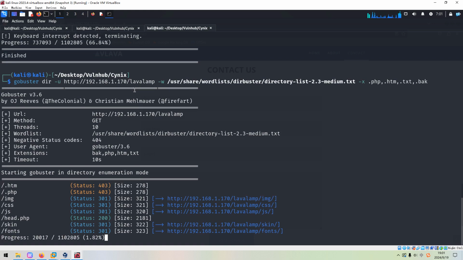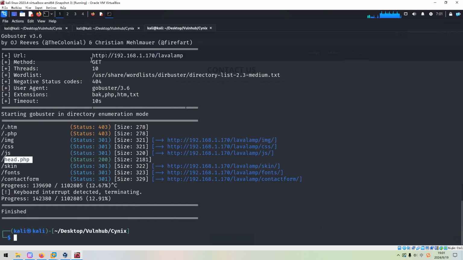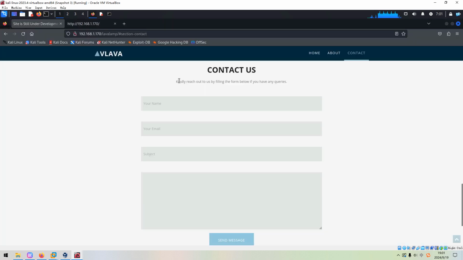And immediately Gobuster can discover some directories and also files, but none of them are valuable. Okay, so to save time in this video, I'd like to interrupt here.